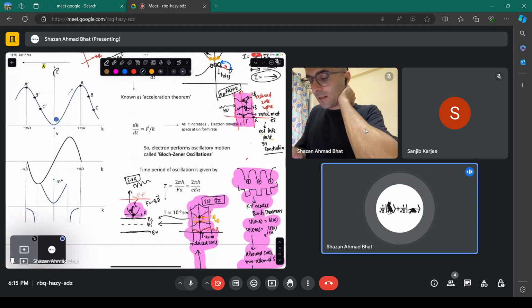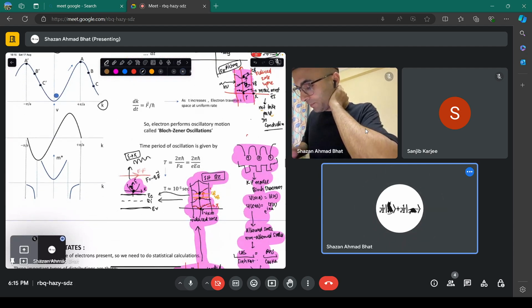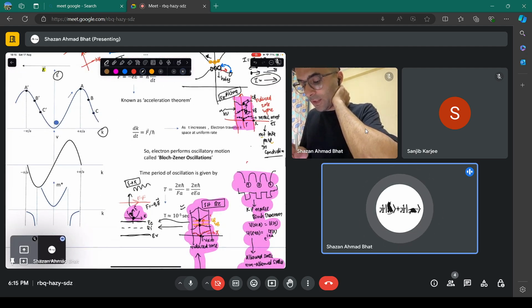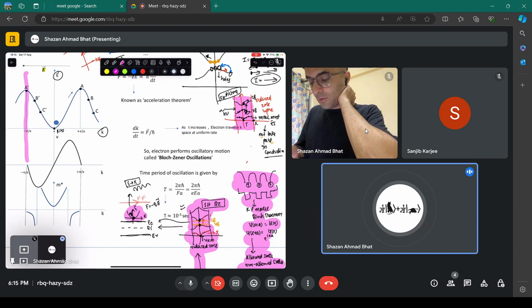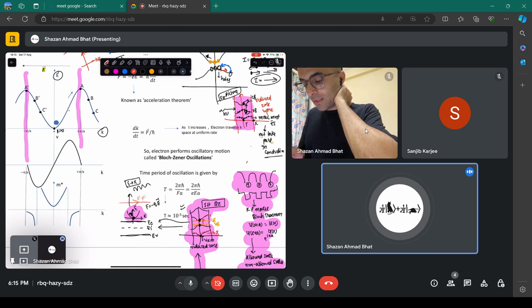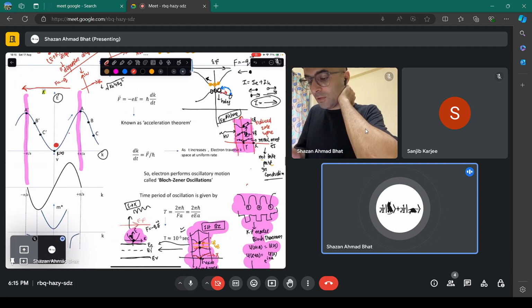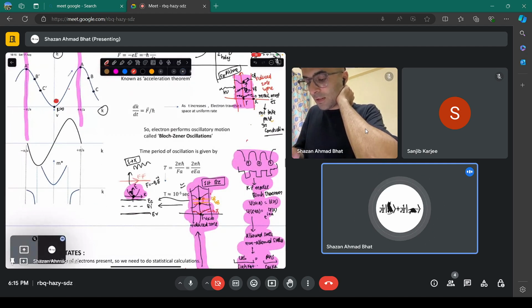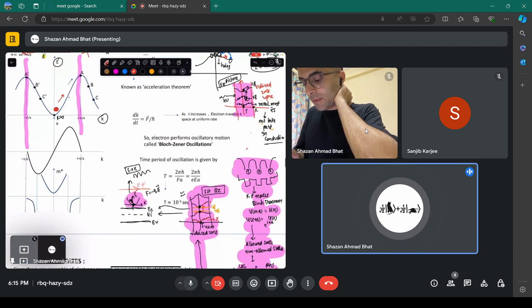So when we have this EK diagram now, we're starting from this point. We have this EK diagram in the first Brillouin zone. This is k equals 0. And you see this particular thing is the first Brillouin zone. When you draw this particular band, which is E versus K, let's say you have an electron here and you apply a certain field in this direction. So F is minus Q times E, so the electron is going to go in the opposite direction in the EK space. An electron goes here, but what happens when the electron reaches this point is that it faces